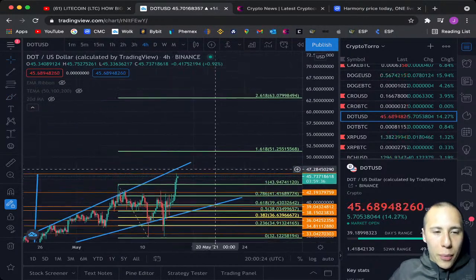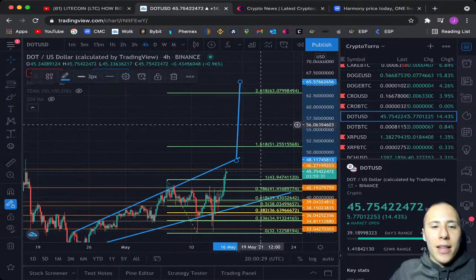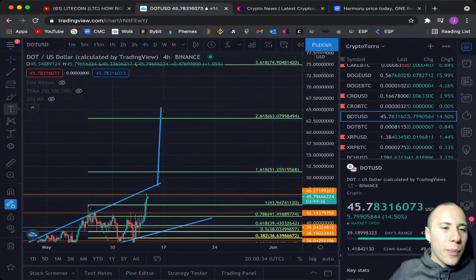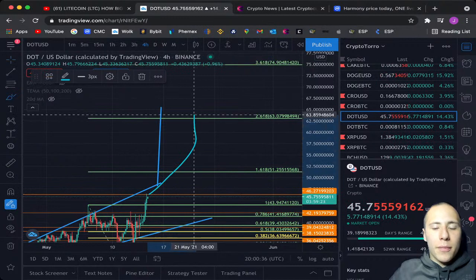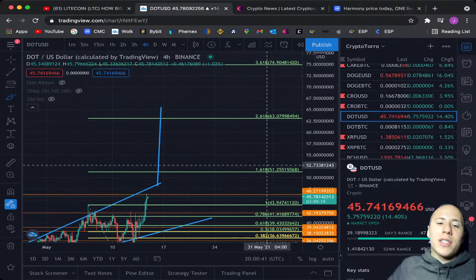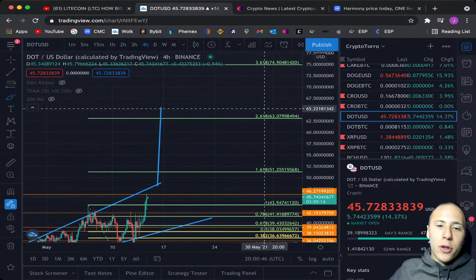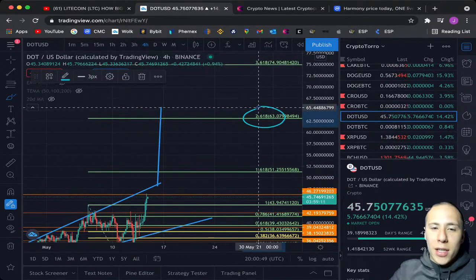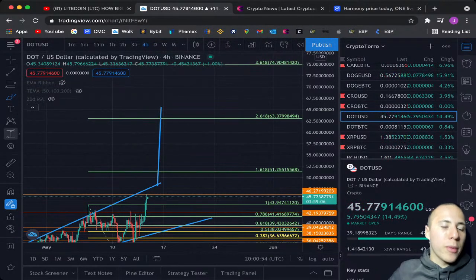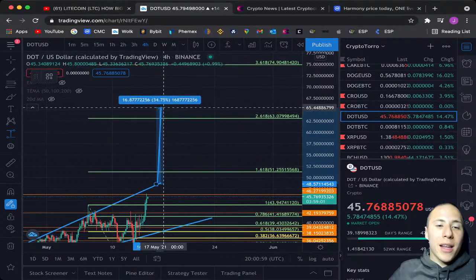So if we are looking at the price action of Polkadot and what it would probably be doing if it breaks above this upward sloping resistance line, we would be seeing Polkadot go insanely parabolic towards the upside. And if it does so, it will be breaking the 1.618 Fibonacci level, and it will be going even further up to the 2.618 Fibonacci level at approximately $63. And yes, I think that's very probable for Polkadot. I don't think this is nuts or something that is completely impossible.